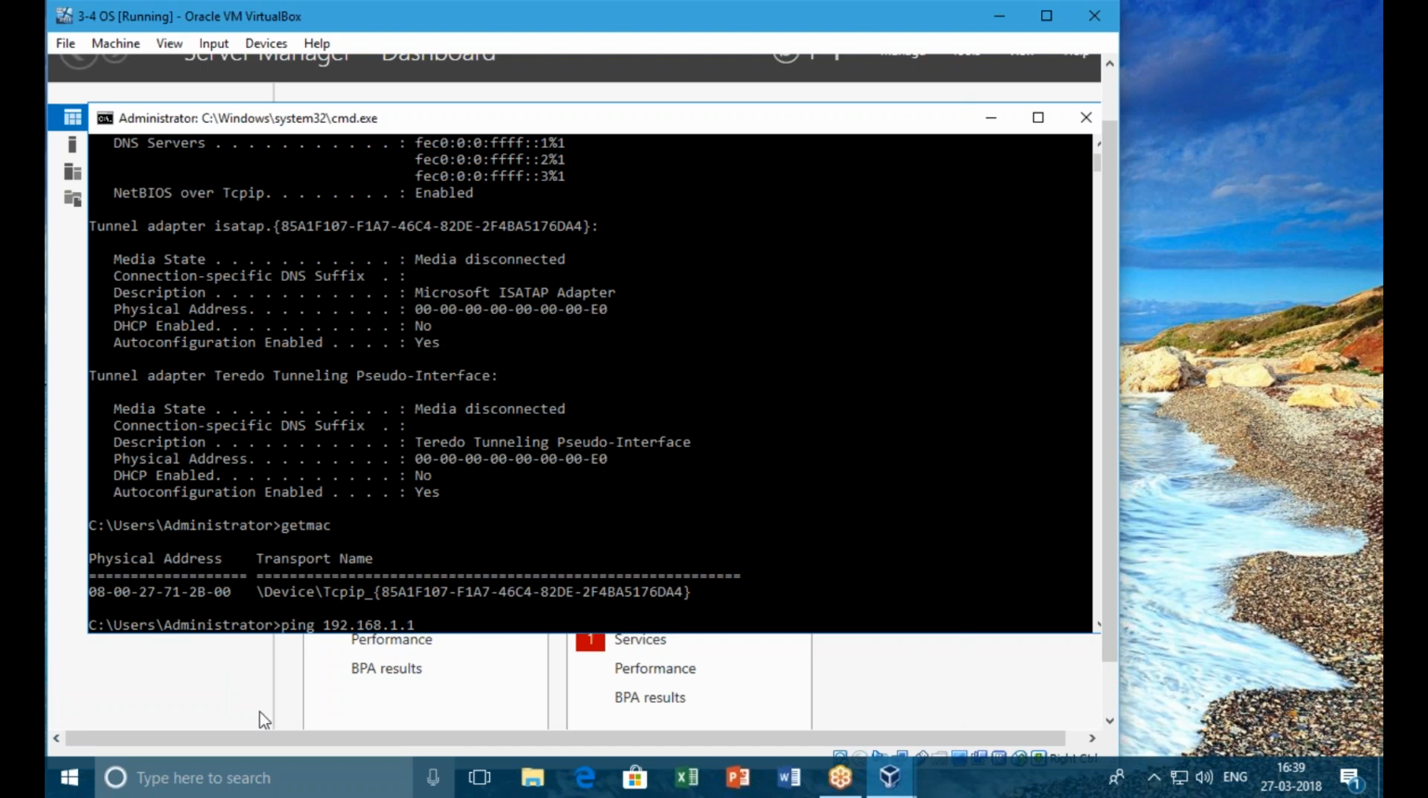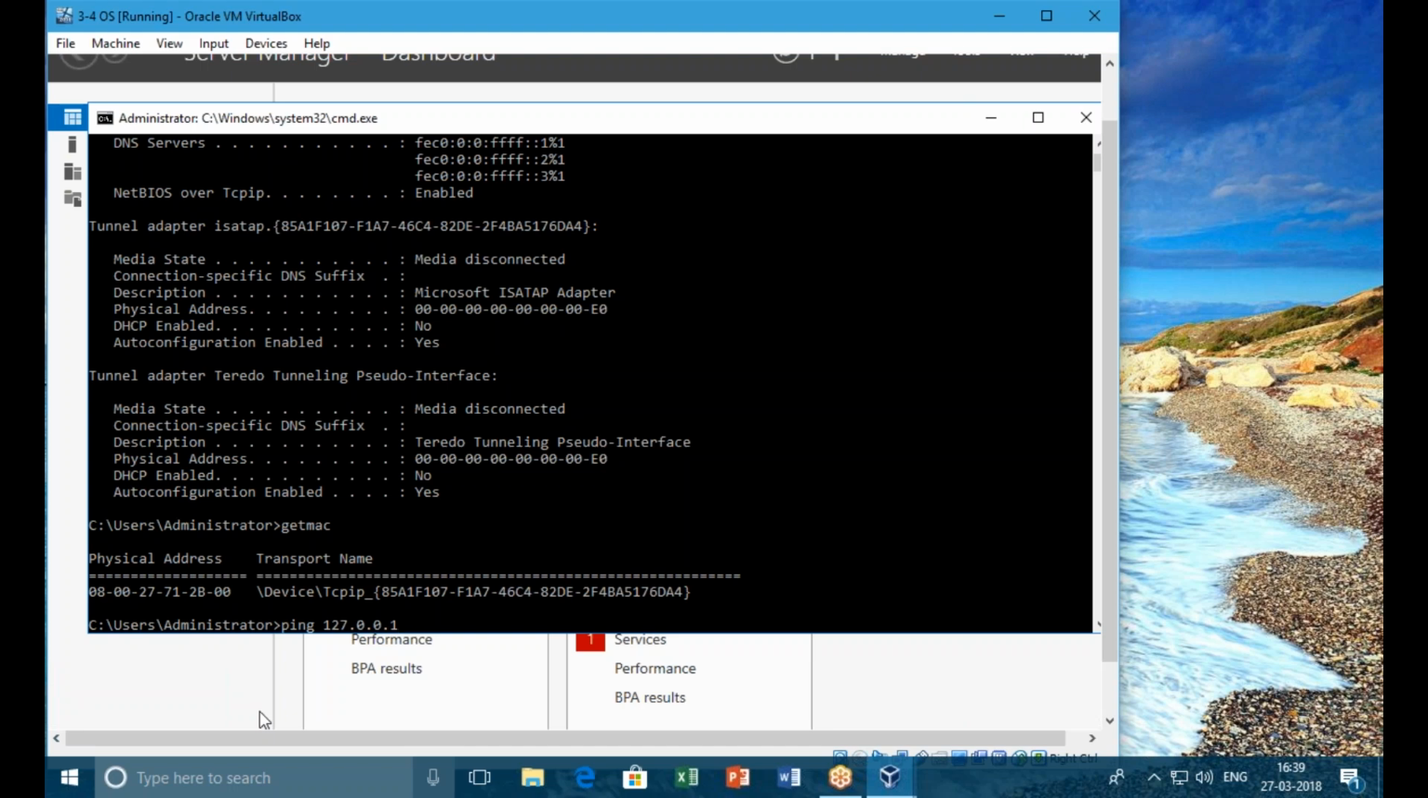Now, when we do the self pinging, if we are not getting a reply from our adapter, it means there is some problem with the IP address assigned to our adapter. Again, we need to remove the IP address, reconfigure it, and do the self pinging again. If we get the same problem, then the last and final step is the loopback adapter